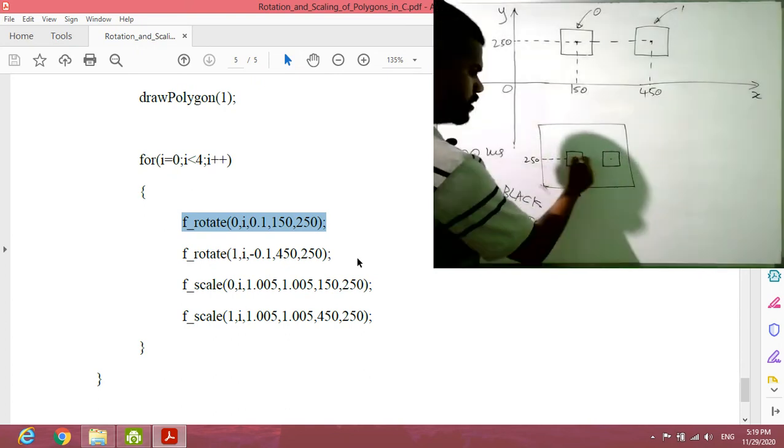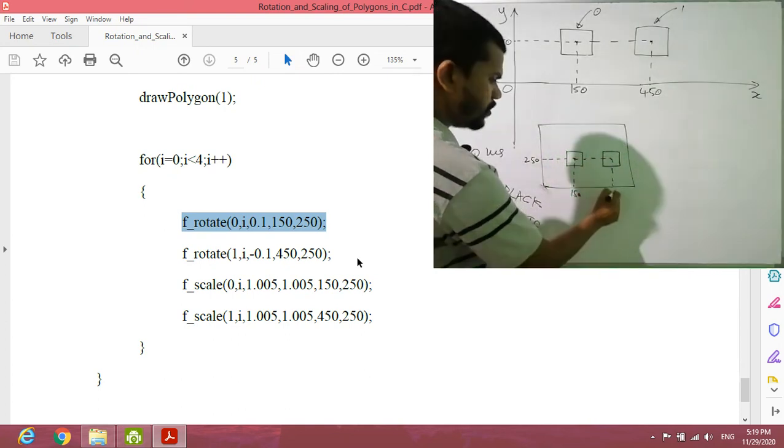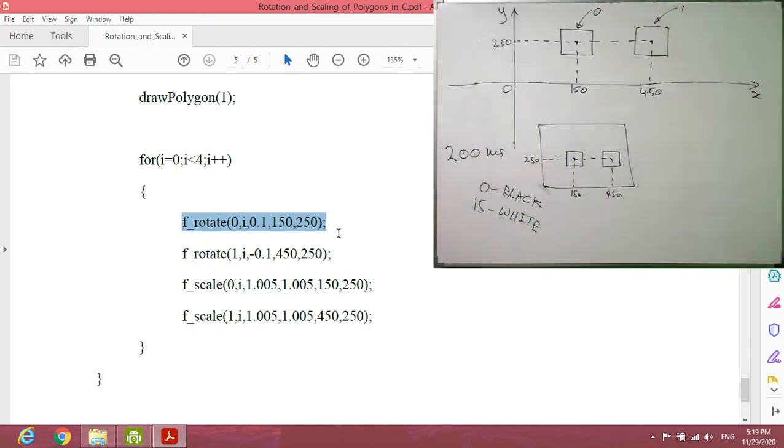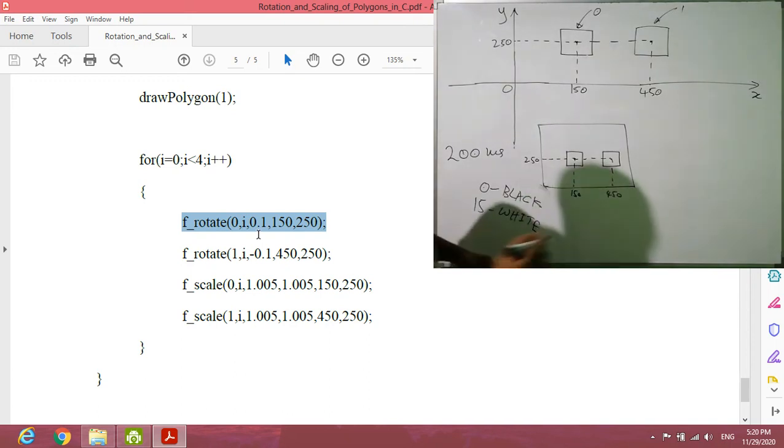Here you know this is 450. Now we apply the fixed rotate function. The angle is 0.1